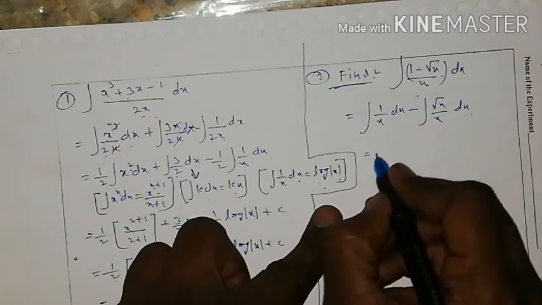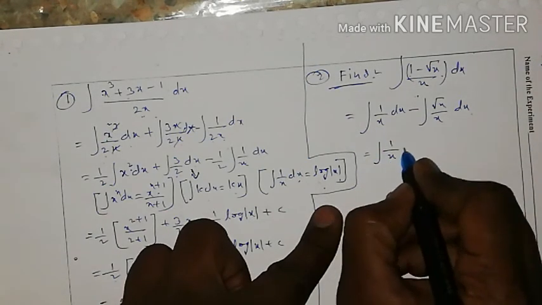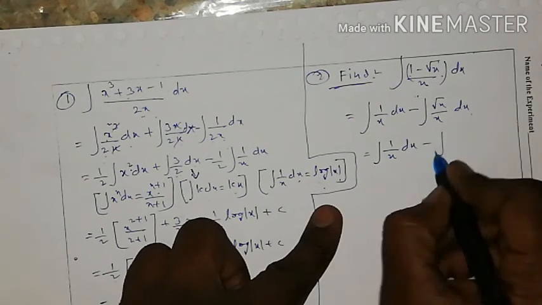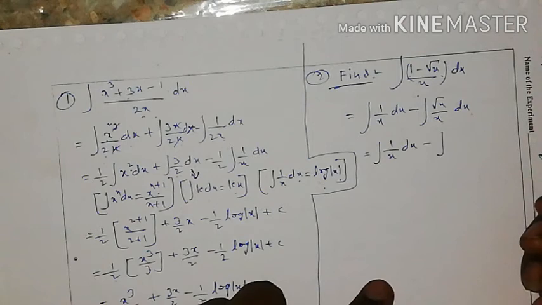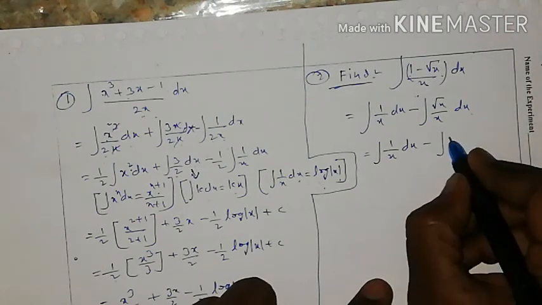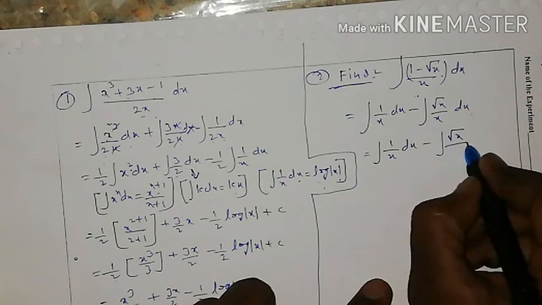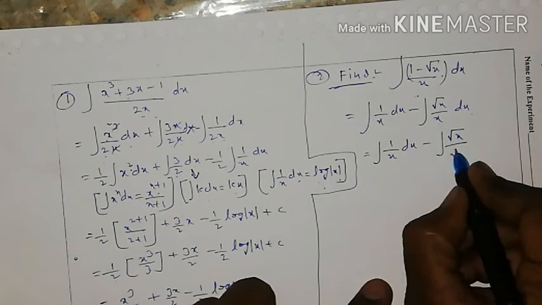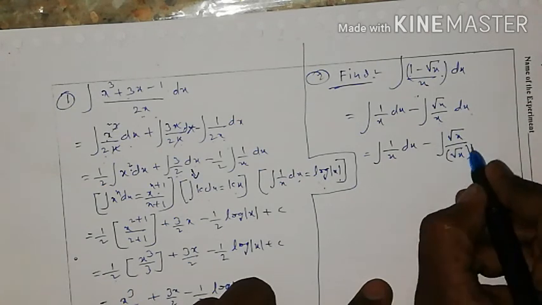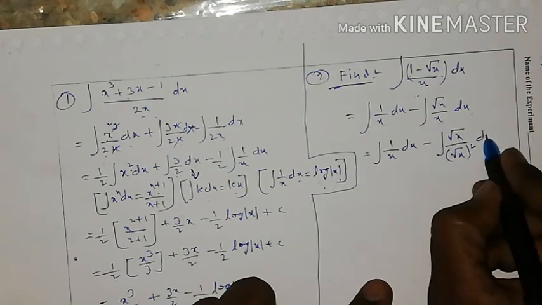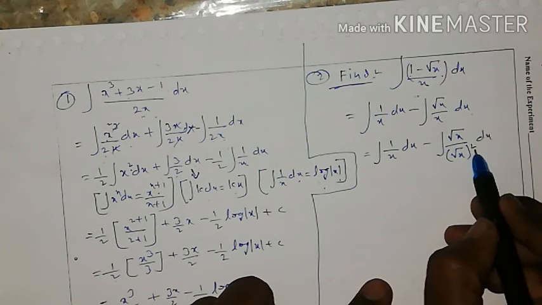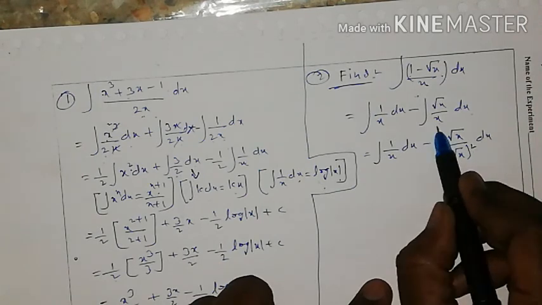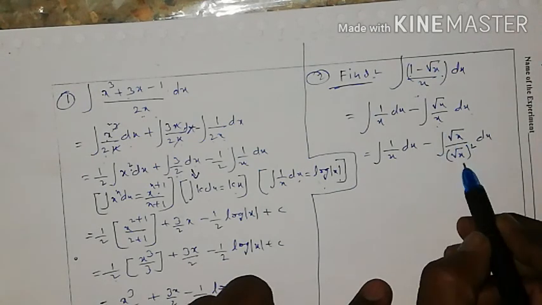So after simplification, I am writing its formula. I am writing this one as it is. Minus. Now simplify this one. Root x by x. What is the result? Can anybody? If you are not getting any idea, you can write like this. Root x by x. X can be written as root x whole square. Root x whole square is nothing but x only, by cancellation of root with the power 2.